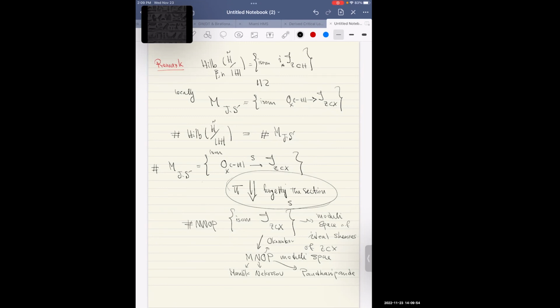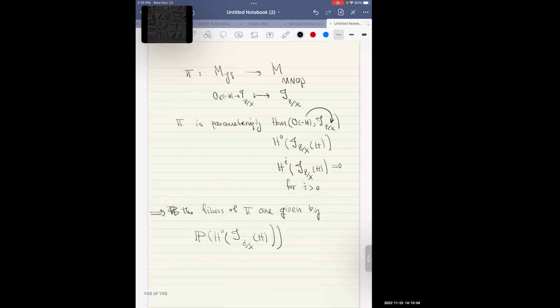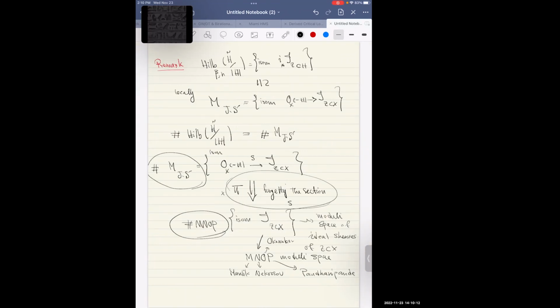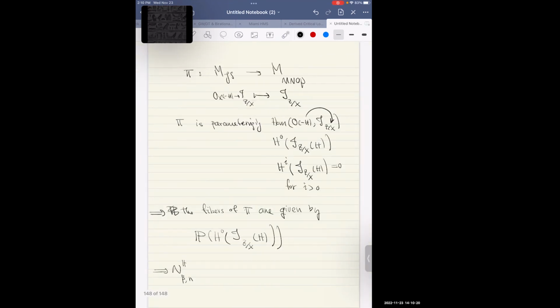So that means that invariance of the space upstairs are related to invariance of the space downstairs times the dimension of the fibers, basically. That's right. So this implies immediately that N_{H,beta,n}, which is the invariance here, because we know that the relative Hilbert scheme is locally the same as the moduli space of Joyce-Song, this is equal to